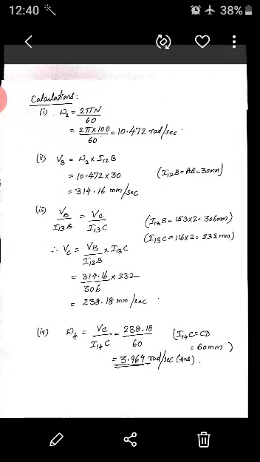But if you measure from my figure, it will be only 15 mm. I have drawn the figure to the scale 1:2, so the scale factor is 2. Right now I12B is already given in the question paper. We have taken it directly as 30 mm. The velocity of B point comes as 314.16 mm per second.